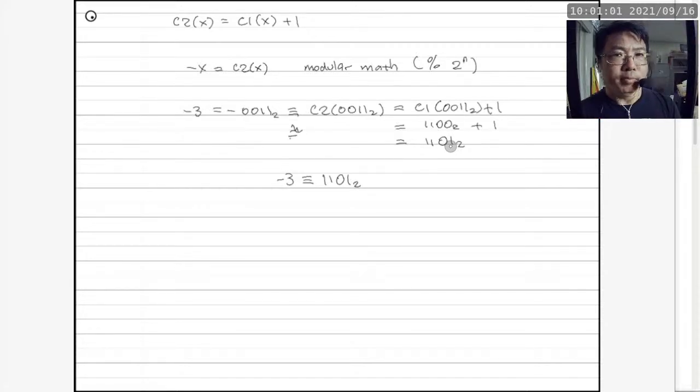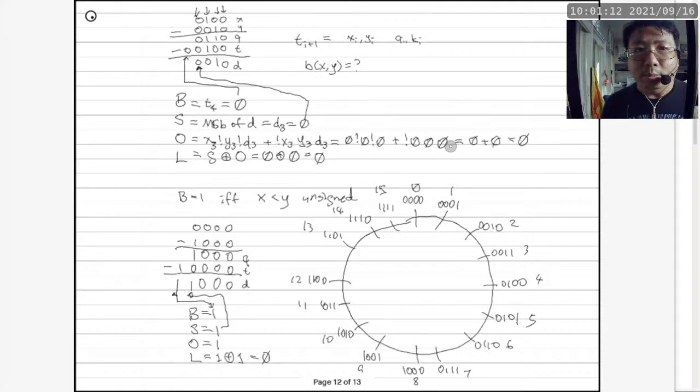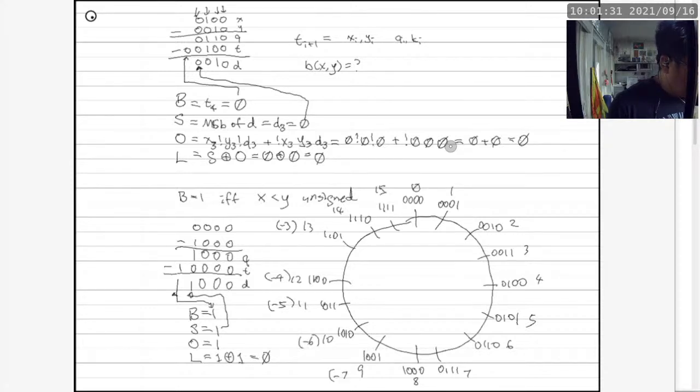Oh, that is really kind of suspicious. I can swear that there was a number already assigned to that slot. So getting back to the number wheel, we can see that 1101 is already taken up by the number 13. So now we're going to say, well, guess what? This is also -3. So -4 goes here, -5 goes here, -6 goes here, -7 goes here, and -8 goes here, -1 goes here, and this is where -2 is.